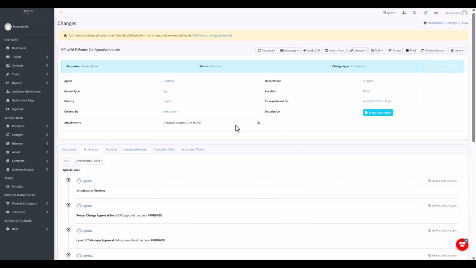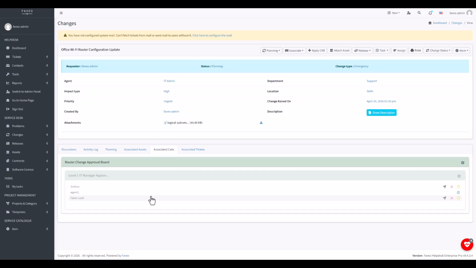It depends. So here in the associated CAB, when you click on this particular tab, it will display if the approval has been granted or is still in process. Here you can see this icon, approved, right next to the agent who has approved this CAB. And you cannot make any changes once the CAB is applied successfully. Since we set the matcher as any, if any of these agents or users approves it, the CAB will be applied.